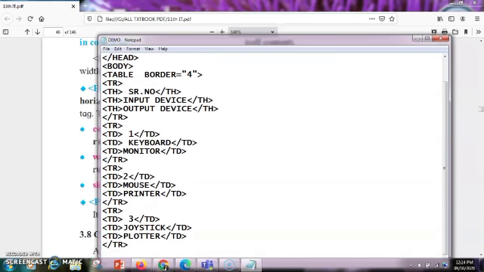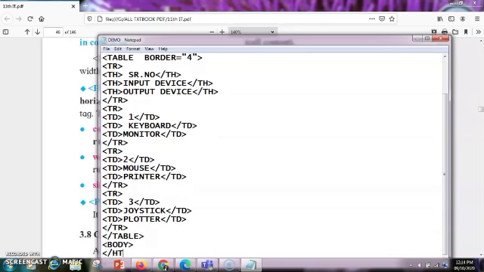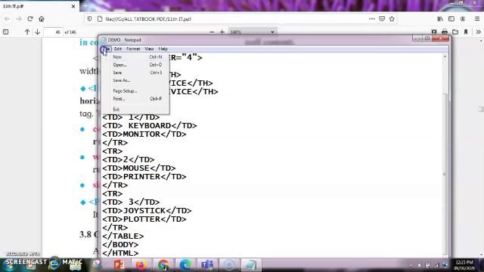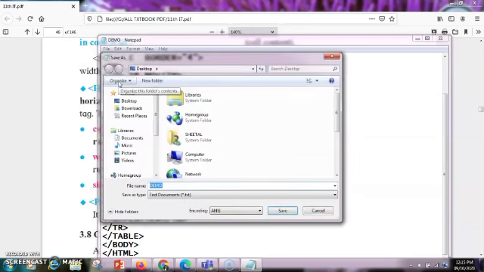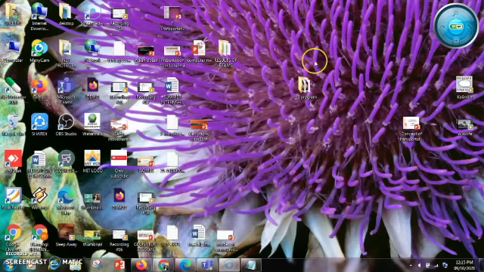Now this was the last row. Finally I'll end the table tag. With that I'll terminate the body tag and the HTML tag. So this is how I'll be writing the tags using HTML. We'll save this program as demo2.html on my desktop. It's very easy to search it out whenever you want and get a quick result. So basically this is demo2.